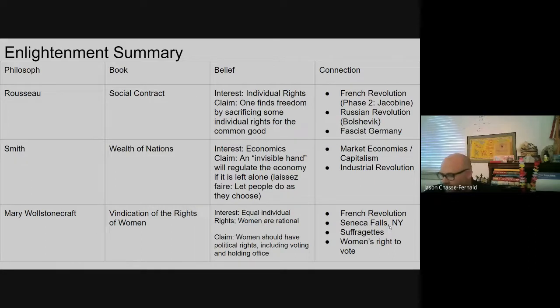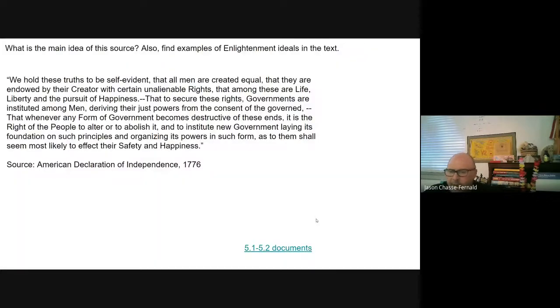But Seneca Falls, the rise of the suffragette movement, and the eventual women's suffrage, right, kind of come into completion in countries like the United States with the 19th Amendment. All right, so your homework for tonight is really just an application homework. You're going to be asked to read a passage and then find the Enlightenment ideals in the text. So let's do this one really quick together, and then you'll have two other little short pieces like this in